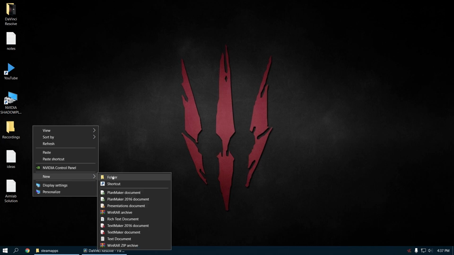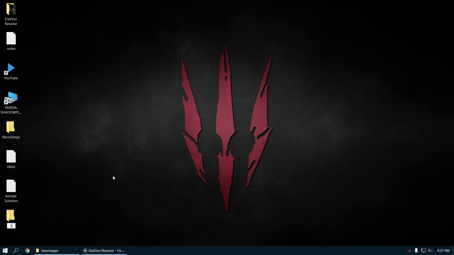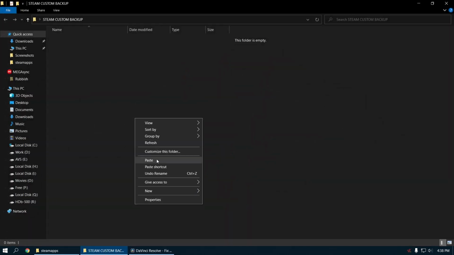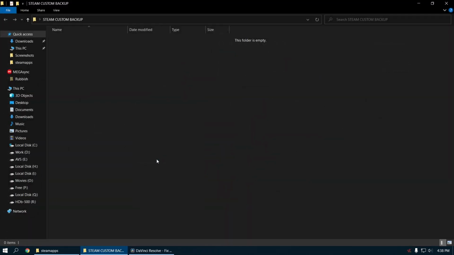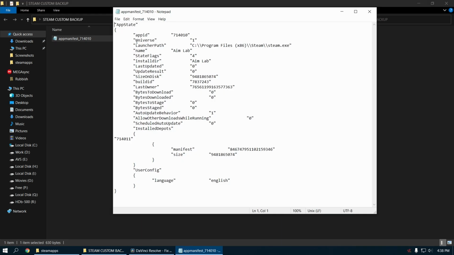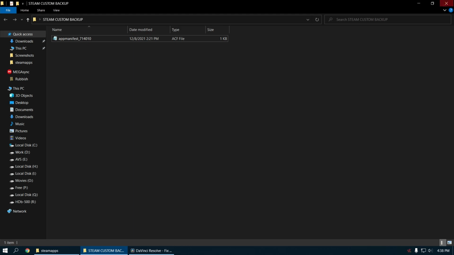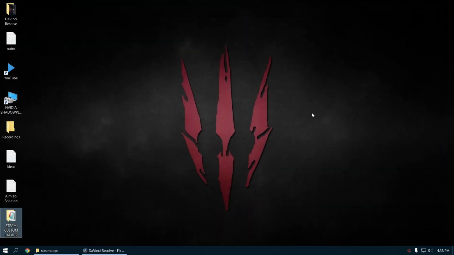Create a new folder at your desired location, like Steam custom backups, and paste it in. You can also make separate folders if you have many games installed and don't want to forget the app ID of a particular game. So whenever a new update or patch comes, you can backup the updated app manifest file, and you won't have to worry about suddenly Steam telling you to install the whole game again.